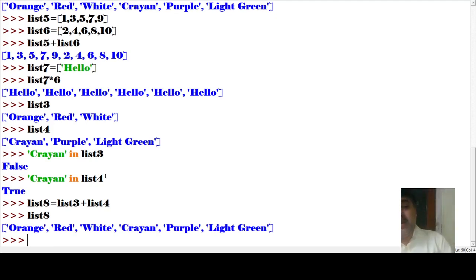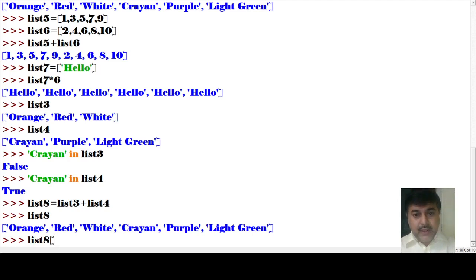Now suppose I want to print the values from a particular section. How many values are there? See here, 0 1 2 3 4 5. So I am writing list 8, then opening one bracket.